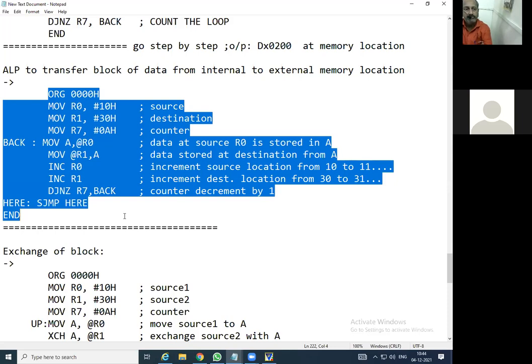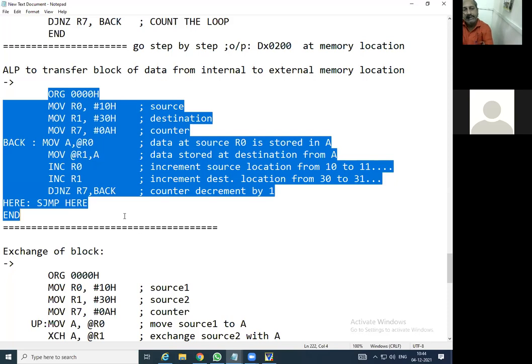How to check it, we have seen. You can change the counter, this 0A, to something else.